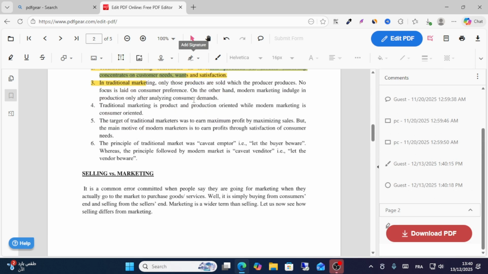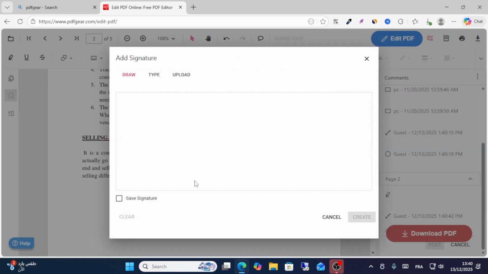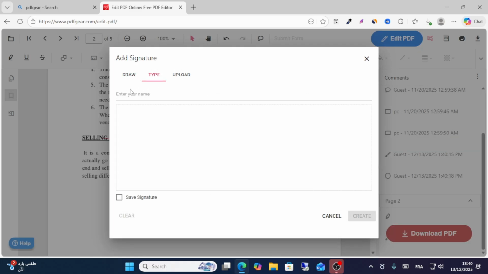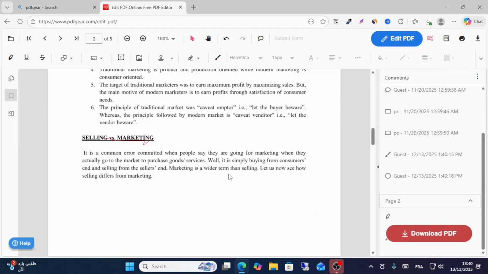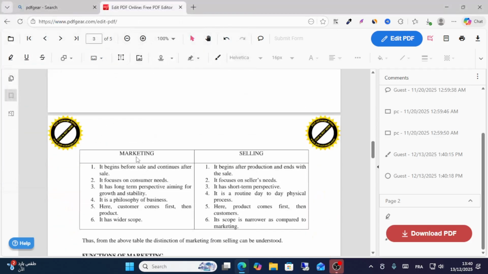And then you have a lot of options. You can draw ink, this option. And then you can also add a signature from here, add the type of signature, and then you can use your signatures. You can upload your image from your computer, and then you can scroll down and you